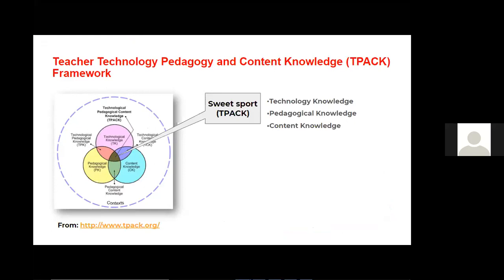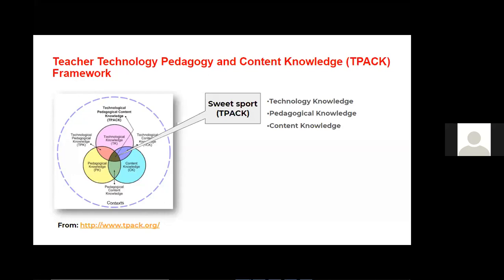Probably just a brief overview: TPACK is a framework that was introduced back in 2006 at Michigan State University, which identified primary forms of knowledge. That is content knowledge, the CK, pedagogical knowledge, the PK, and technological knowledge. All these are interrelated in what we call a Venn diagram.